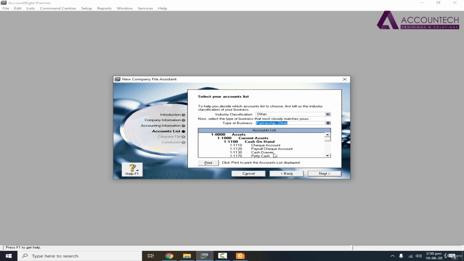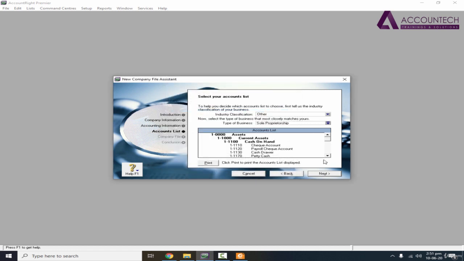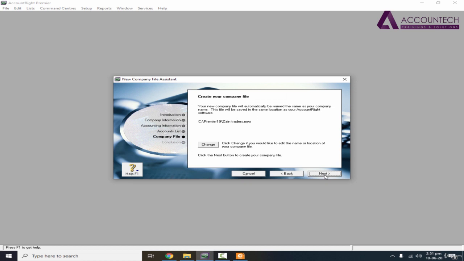So I can get the most useful chart of accounts. Similarly, for the type of business I have the choice of partnership, retail business, service, sole proprietorship. So this is a sole proprietorship business. I'll use this business type. Click on next.